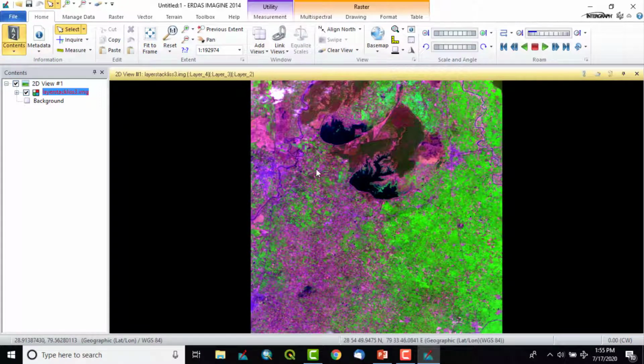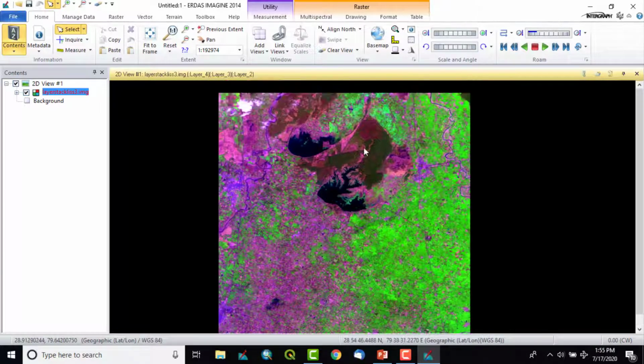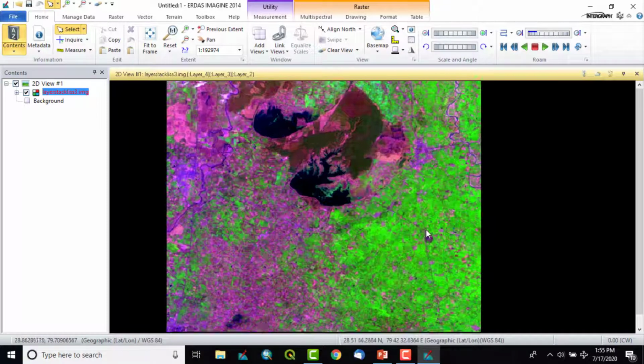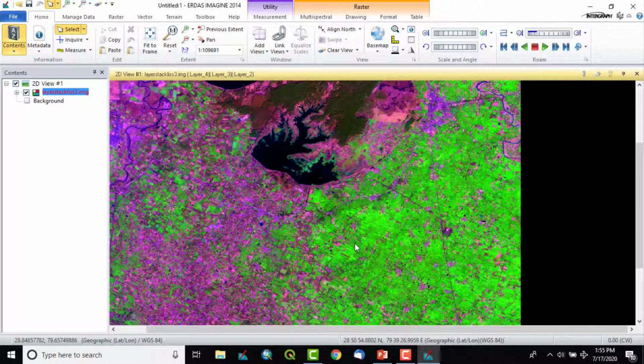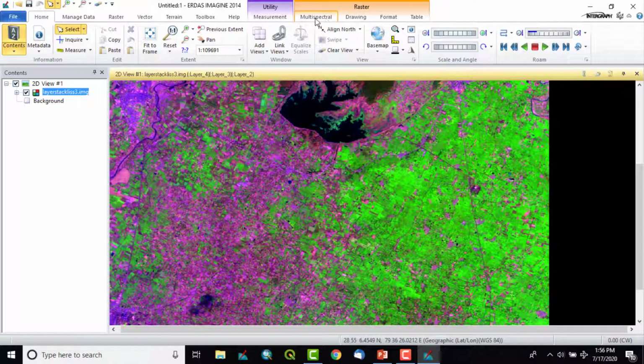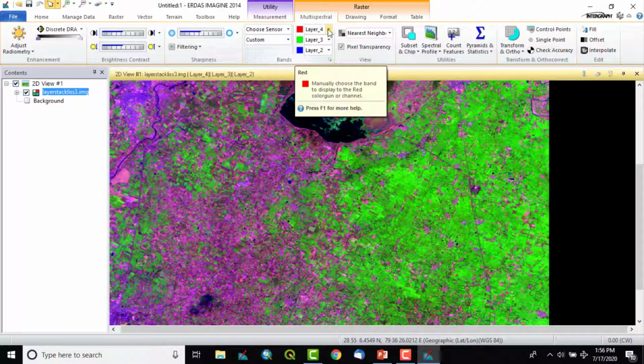One more important thing we are going to discuss in this particular video. This is the multispectral data we have added, but there is a concept called false color composite, or its short form FCC, very well known. So from here, in the multispectral option, you can change the spectral band combination of the satellite image that we are going to deal with.